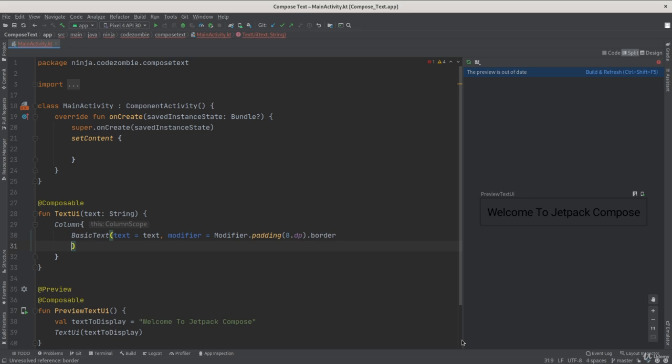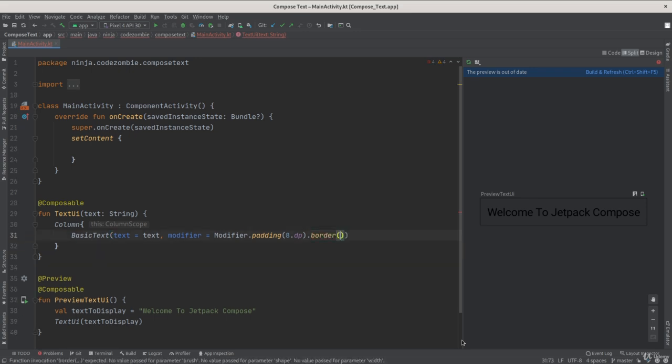I import border, Alt and Enter, and then the border has a width and a color. So for the width, I pass in 4 dp, for example, and for the color, I pass in red. I import color,